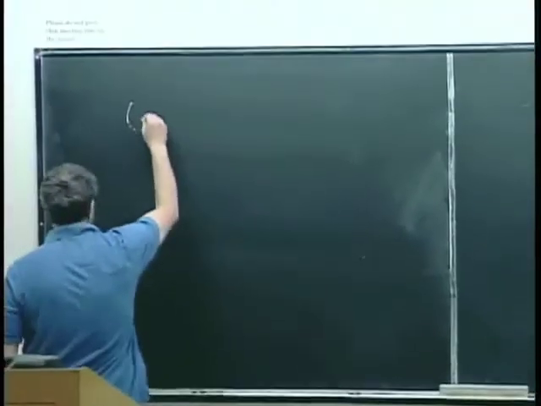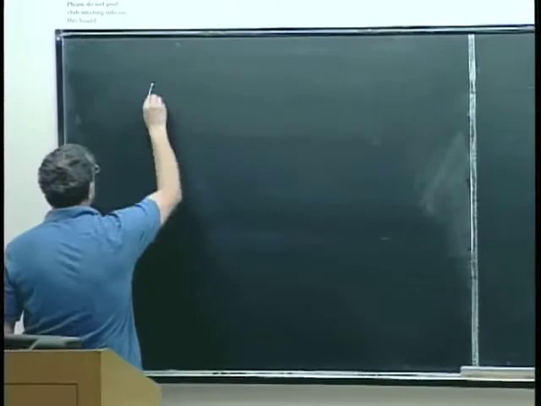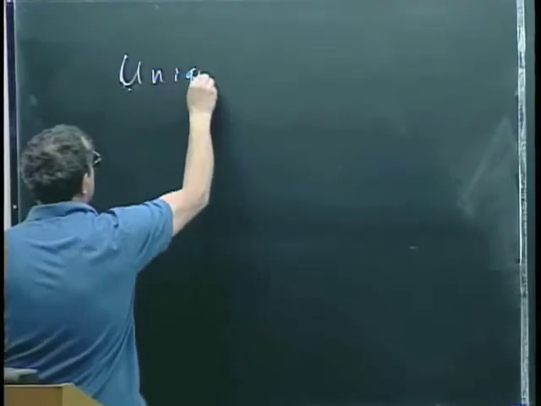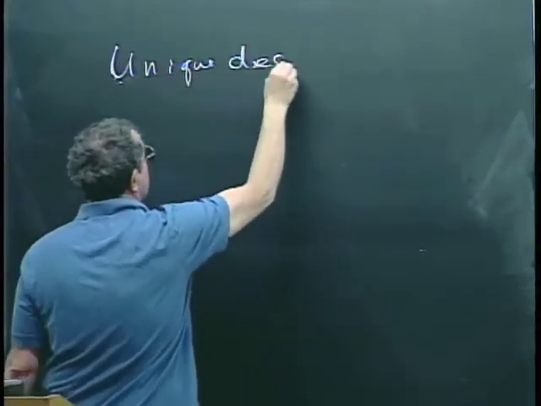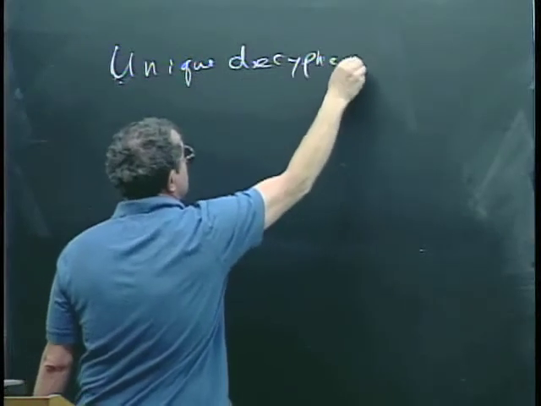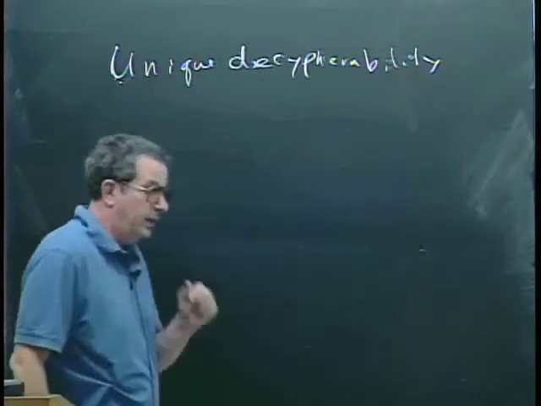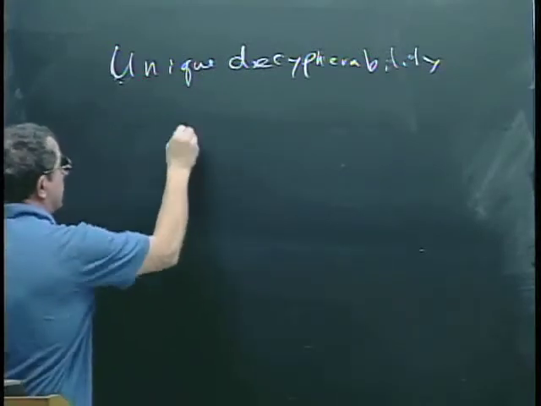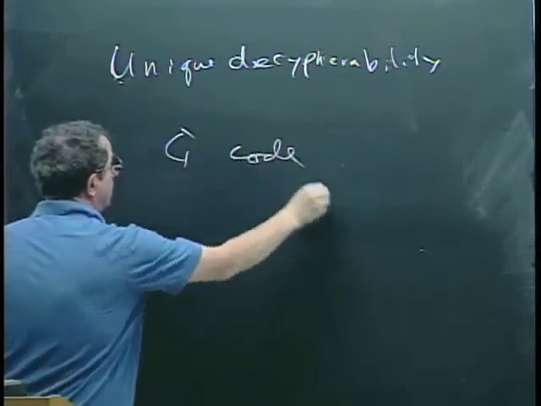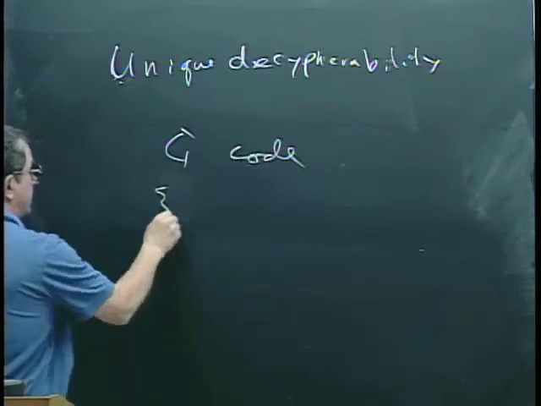So last time we were talking about unique decipherability. And remember what that problem was: you have a code, which is really just a set of